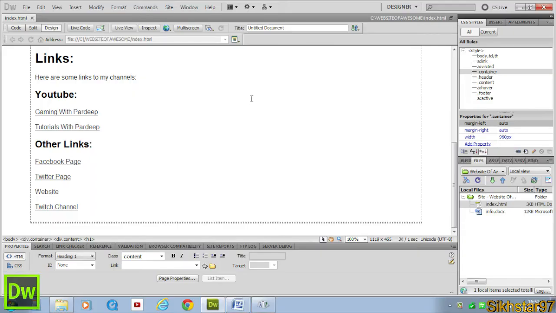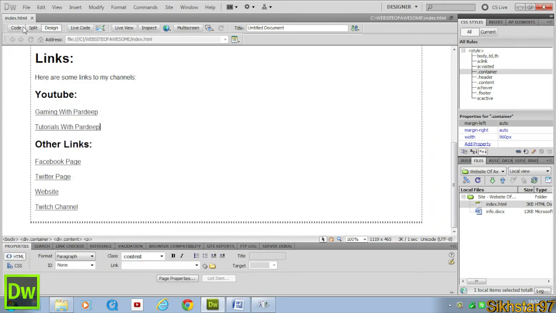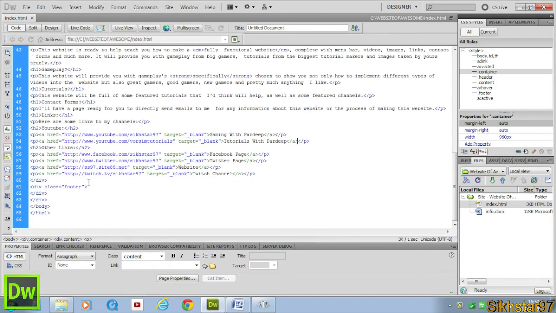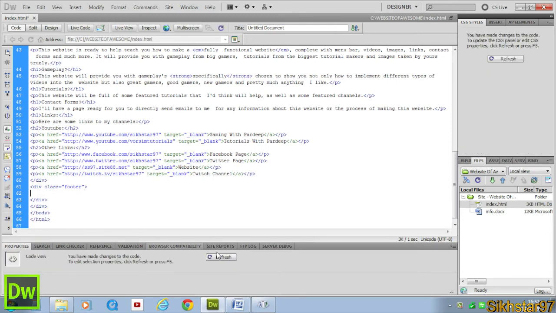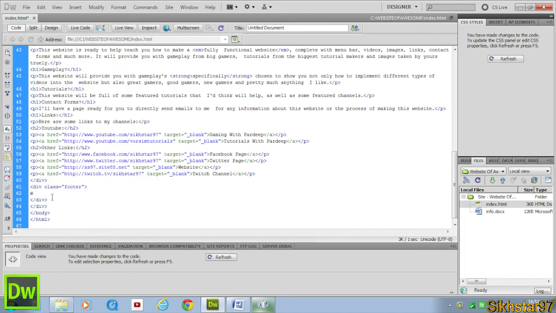The last thing we're going to do, which isn't actually to do with the website layout, is actually put in the information of our footer. So what usually we put here is first go into code, find the div class footer and the end one that goes with it, and put a space in between it. And now we want to put copyright, so the copyright logo. So I found it in character map, select it, copy it, paste that in, copyright, and now we want to type in